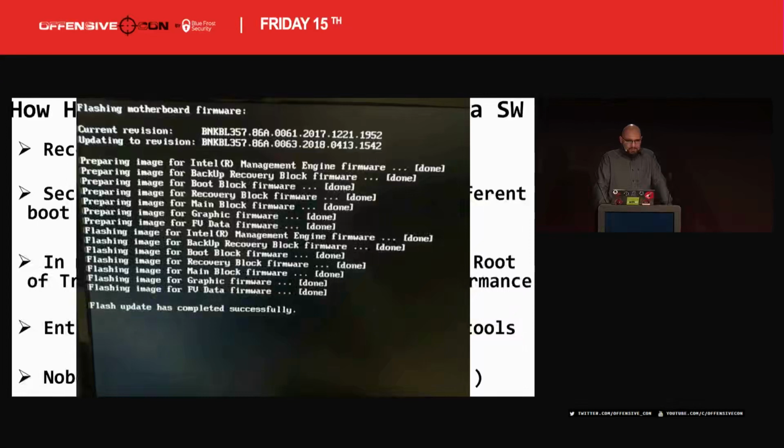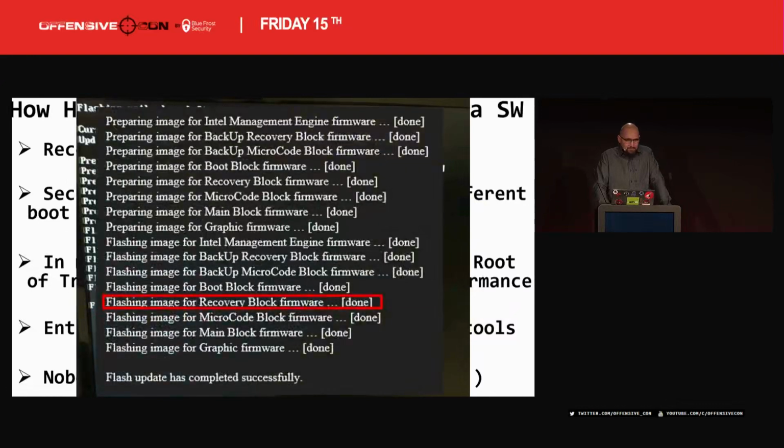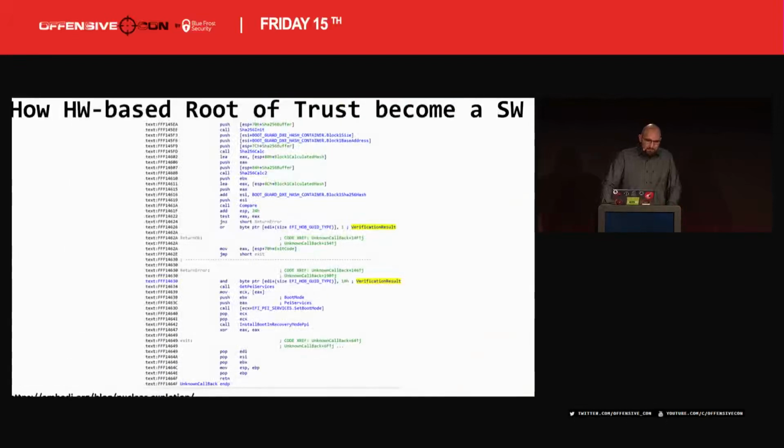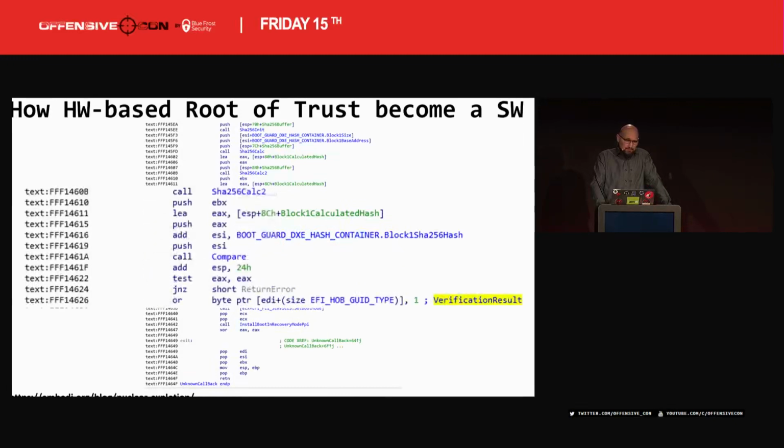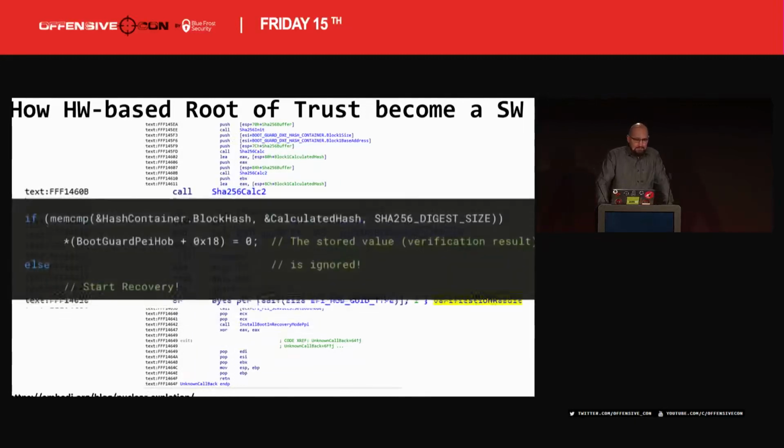So one more thing: it's a recovery, and actually it's from the Intel NUC, and they flash a recovery block firmware, and it's cool, right? It was just a specific value showing the state inside the driver, the specific value which I discussed before. So yes, we do have this verification result there, and this bug was found by embedded guys, and yeah,